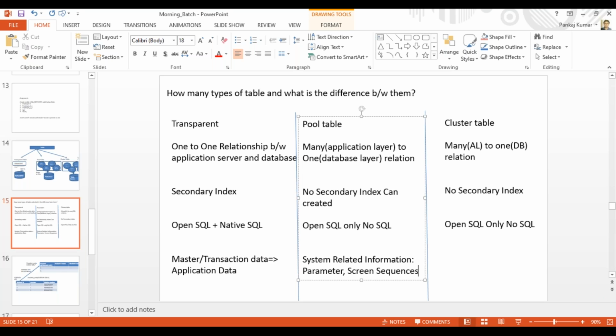screen sequences. Okay, so such kind of things, you can call match code objects. Gradually you will be able to understand all these things. At this point of time maybe you will not be able to understand this parameter, this screen sequences, this match code object, but just understand this is system related information, and in coming classes, as our class proceeds further, you will be able to understand